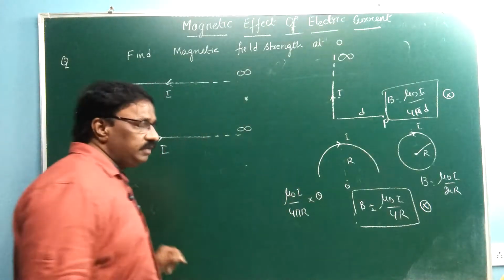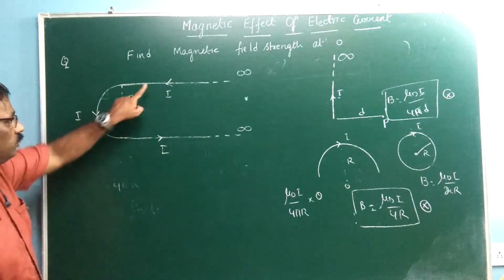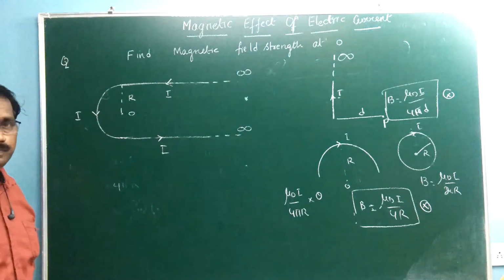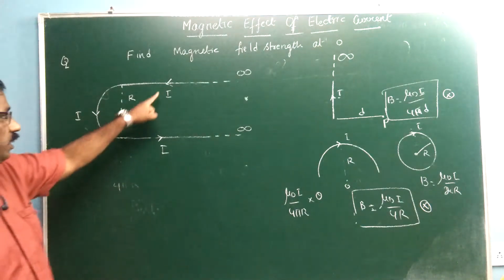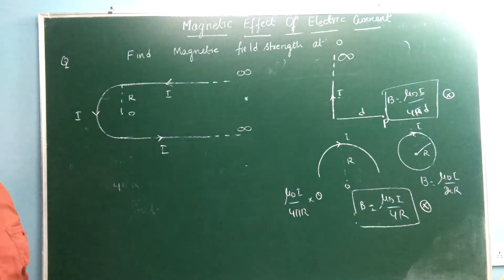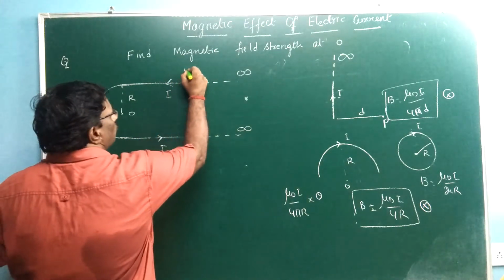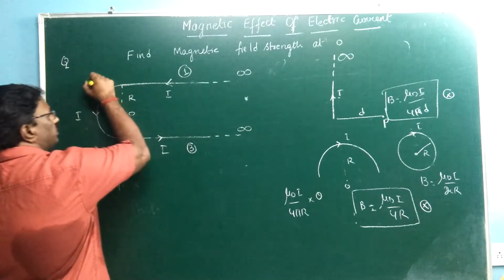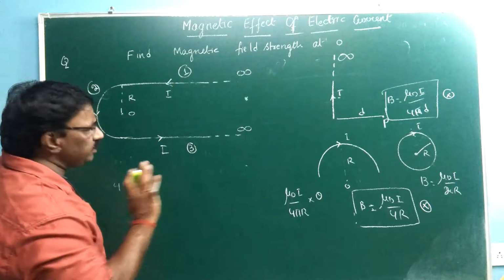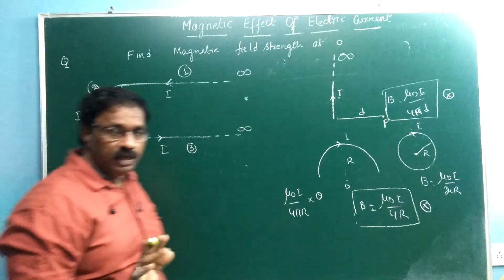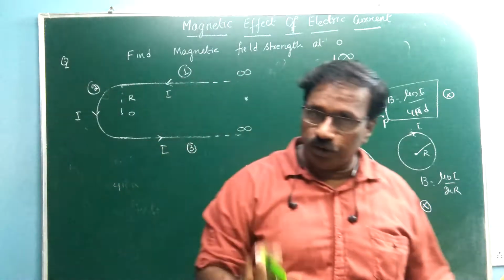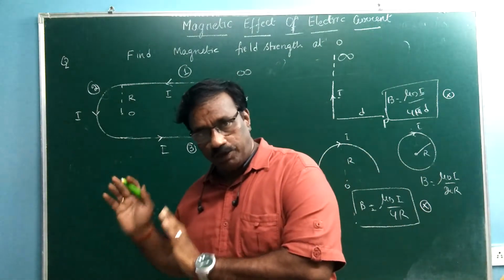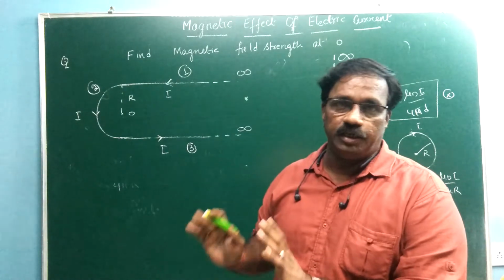Now coming to the question. Because of this configuration, we want to calculate the magnetic induction field strength at point O. Yes, it's a combination of straight conductor as well as circular coil. So how many conductors are there here? This is 1, this is 2, and this is 3. The first step is to find the magnetic field because of each conductor individually, separately, then see their directions and act accordingly. So first let us find the magnetic field strength because of each conductor separately and also mention its direction.